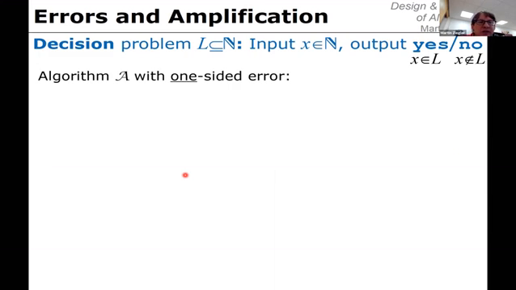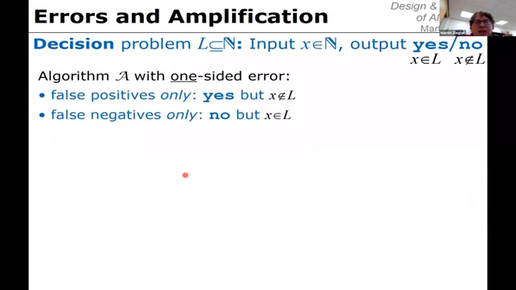So let's suppose we have an algorithm A, a randomized algorithm with one-sided error. That means either the algorithm only makes false positives or it only makes false negatives, but not both. That's one-sided error. So to illustrate that,